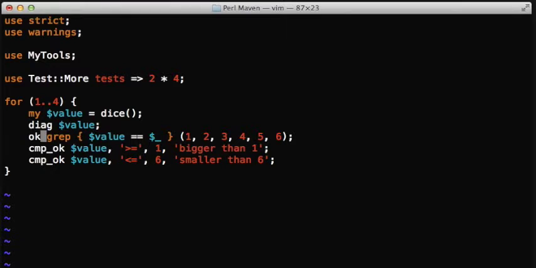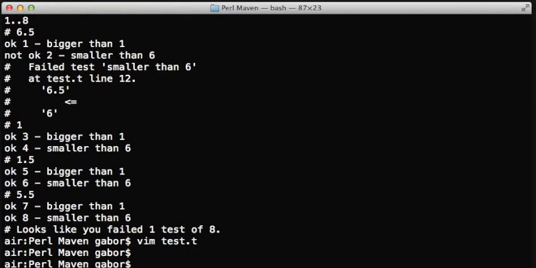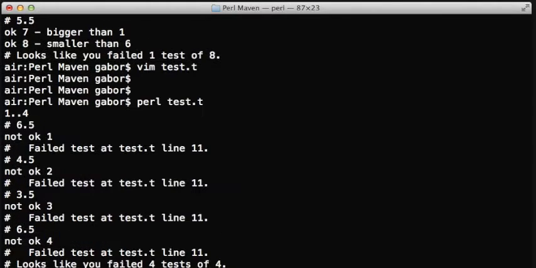So this is what we have to put in the ok function, and then instead of 2, now I have only 1 test. So I change here. I don't have to say 2 times 4. It's actually just the 4 tests, and then now we can run the test. Obviously, it's much more important to actually fix the application, but we are testers, so we have to focus on why the test failed and make proper tests. So now if you run the test, it properly fails where the number is not the right number,